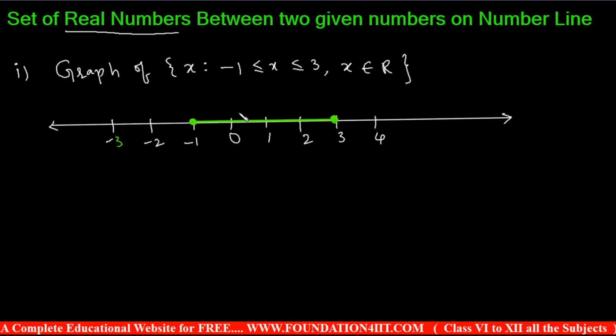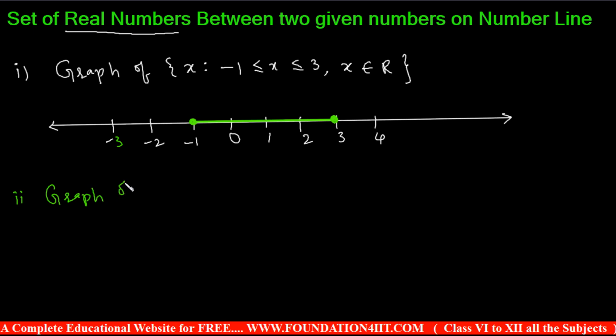The meaning of this is x belongs between -1 and 3, including all the numbers, including -1 and 3 also. Because -1 and 3 are included, instead of a hollow circle, the complete circle is bubbled at it. So a dark circle you should take. The entire circle should be dark with a dot. -1 and 3 are included. So this is the meaning for this. Let us see one more, the case where one end is not included.